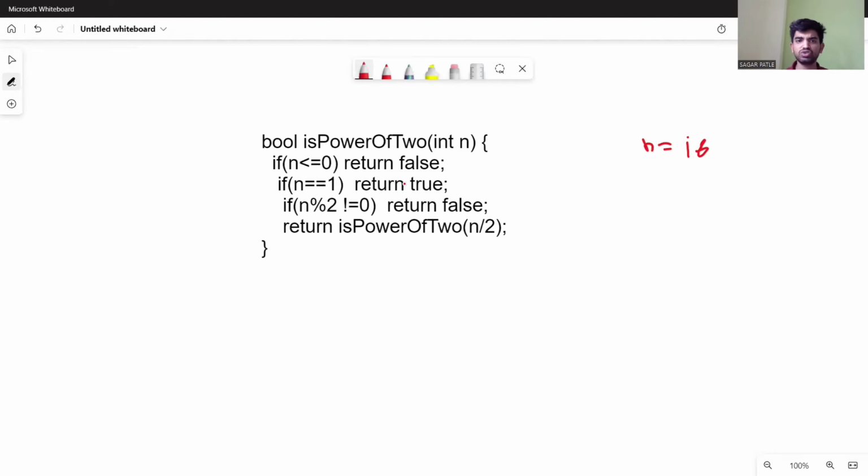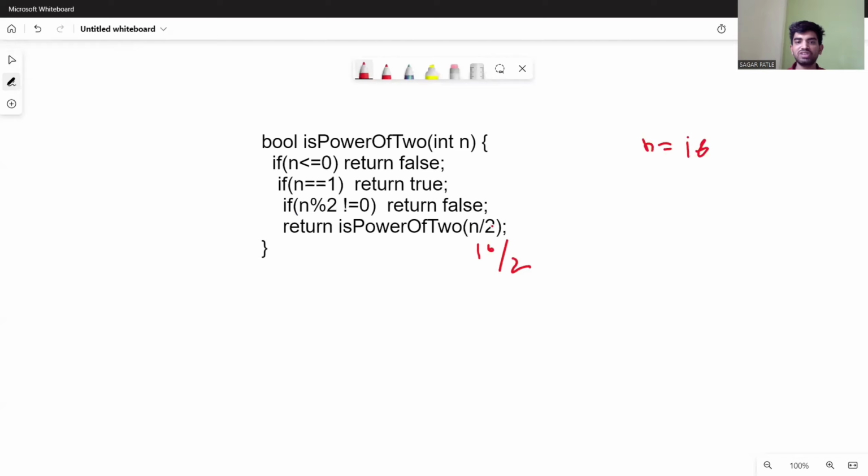No. So we cannot execute this line. And again we check, is 16 modulo 2 not equal to 0? No, because 16 modulo 2 is equal to 0. So we cannot execute this line. And again we call recursion, return is power of 2 of n by 2. n by 2 means 16 by 2.